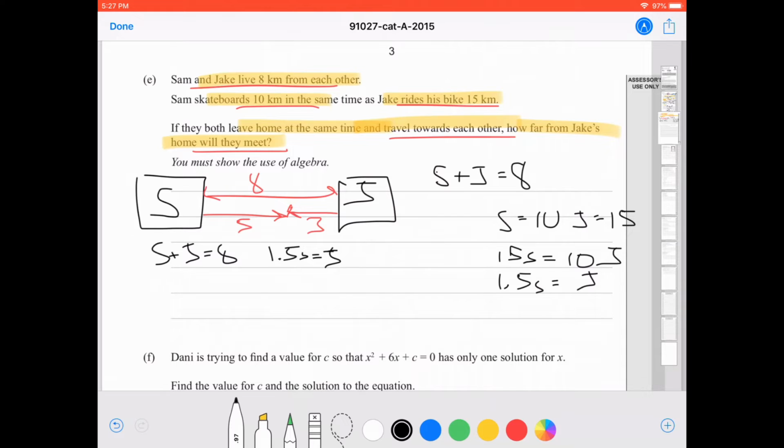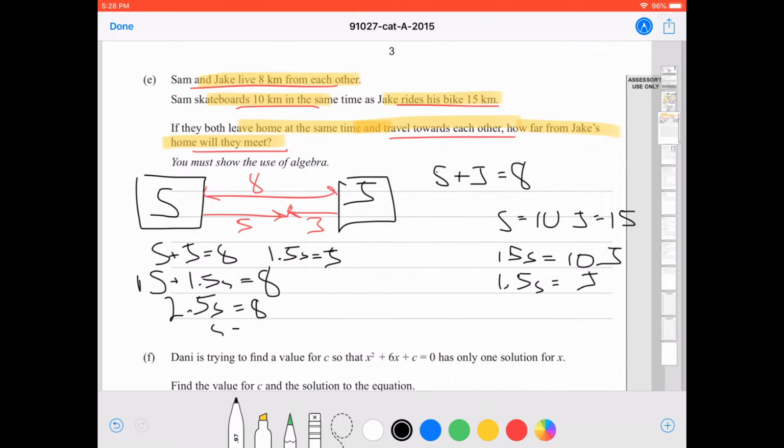You could use the elimination method, but we already have a value for J, 1.5S, so we can say S plus, and instead of writing J, we can say 1.5S, we substitute that value in, and that equals 8 here. Now there's an invisible 1 in front of the first S, and so we collect like terms. We come out with 2.5S equals 8,